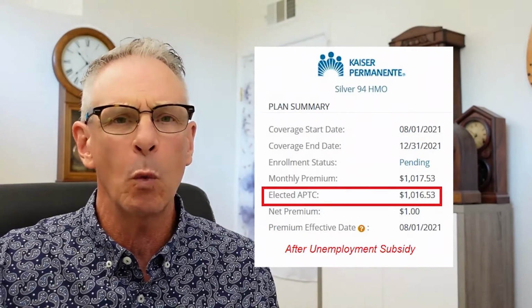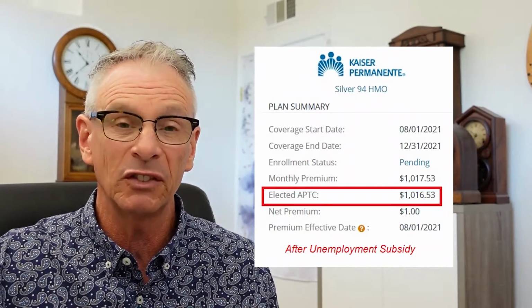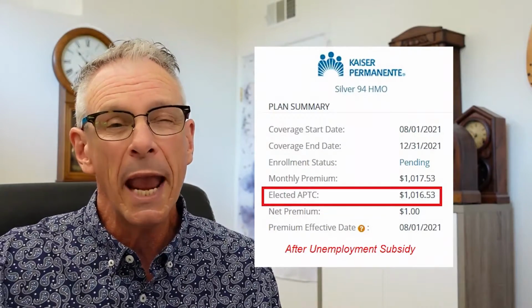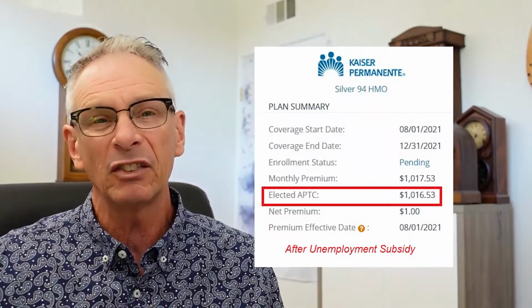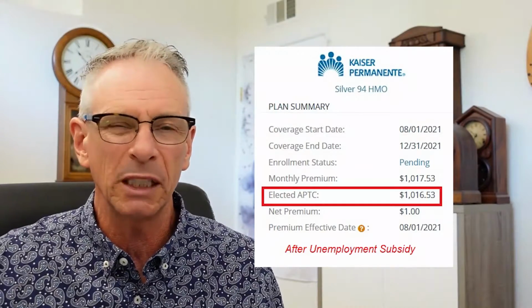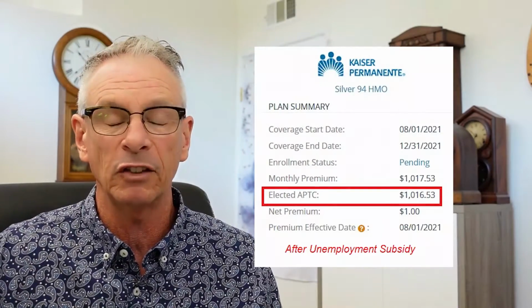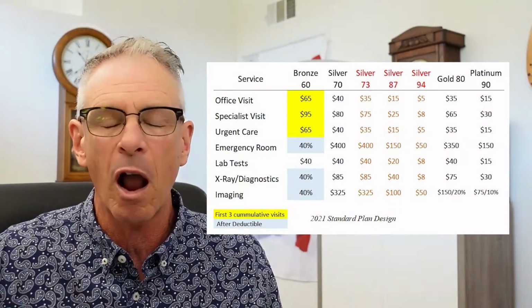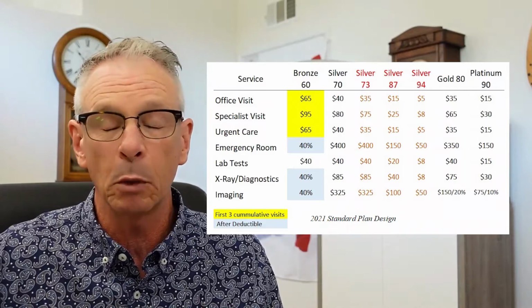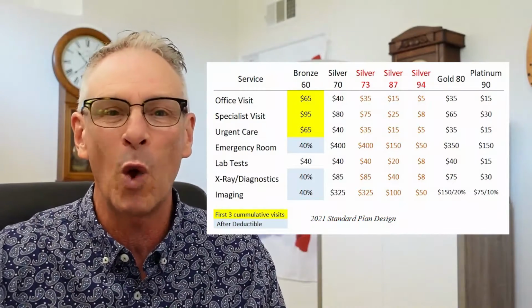Now, not everyone will have a $1 per month health plan rate because the subsidies are based on the second lowest cost Silver plan. So you may have a Silver 94 from a much more expensive PPO plan, and the second lowest cost Silver plan might be an HMO, so the subsidy isn't quite as large, and you may be paying more than $1, but it will still be much lower in cost. And the Silver 94 cost sharing reductions: $5 for an office visit. Everything is reduced, co-insurance, deductible, maximum out of pocket. So now's the time, if you've received unemployment benefits, to get that Silver 94 and then get into the doctor's office or go have one of those surgeries you've always wanted. Get that hip